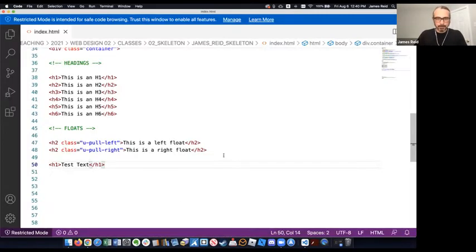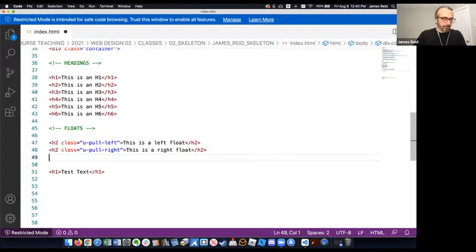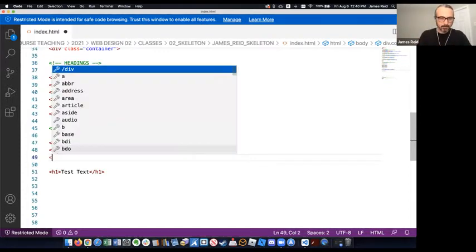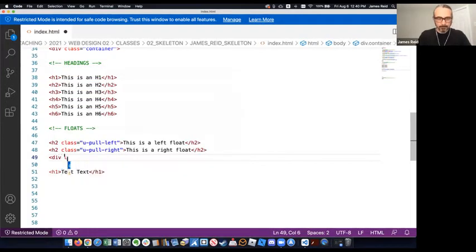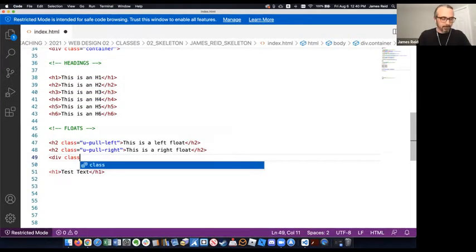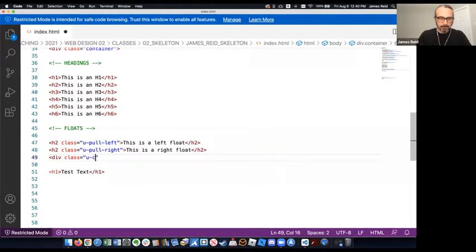And again, Skeleton has something pre-written for that. So after our two floats, I'm going to open a div, and the class equals u-cf, for utility-clear float. And that's just going to be an empty div,